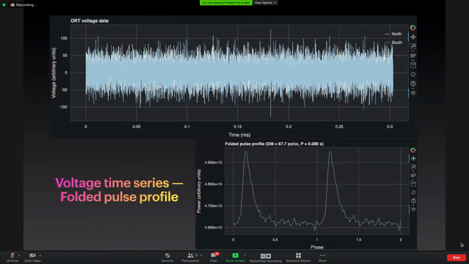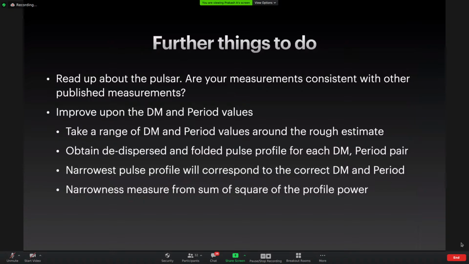So I would expect for the winter school itself, if you can get till this integrated pulse, that would be good, even for the presentations. But you can obviously do much better. Instead of these rough DM and period values, you can get more accurate values using your data itself. One of the ways in which we can do that is